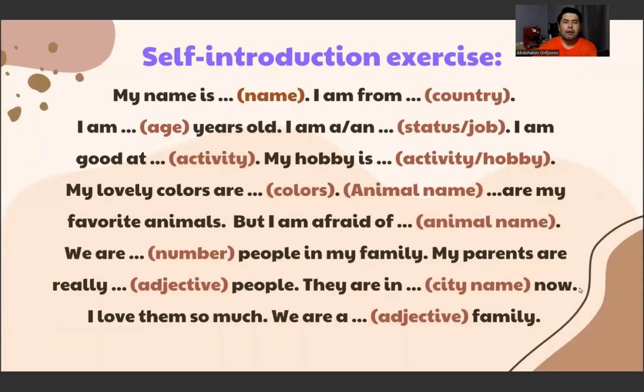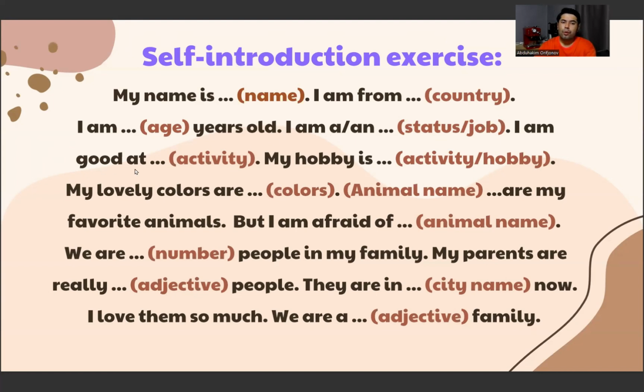And here is some self-introduction exercise. You can put the words here and you can talk about yourself. For example, I will make my sentence. My name is Hakim. I am from, my country is Uzbekistan. I am your age. I am 26 years old. I am a student. If you are a worker, you can say, I'm a worker, or I'm a doctor, or I'm an engineer,